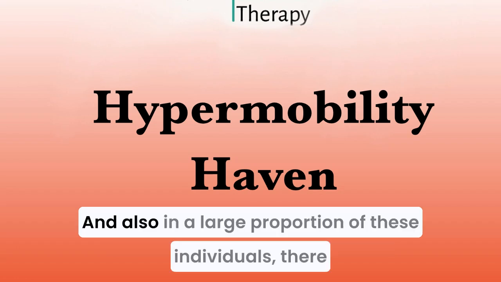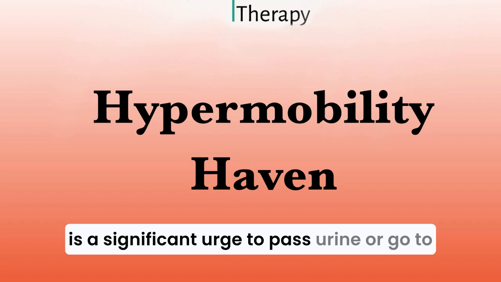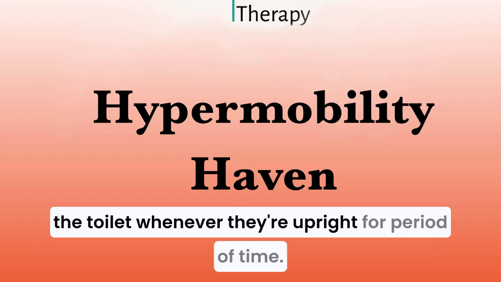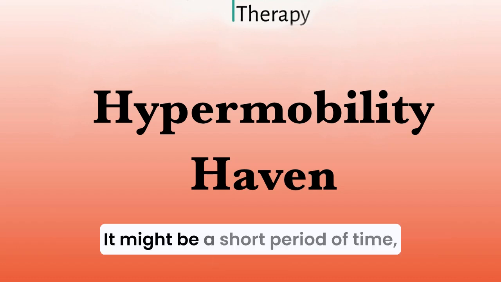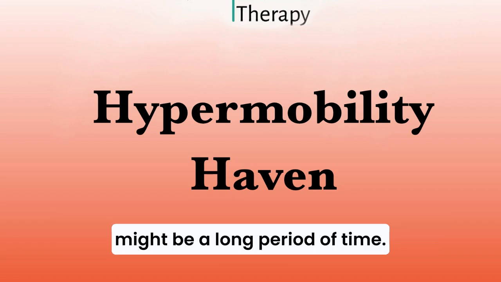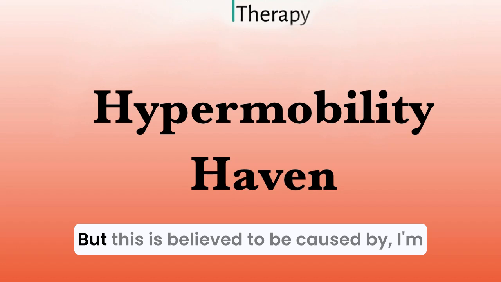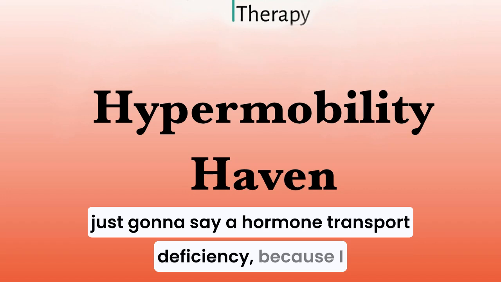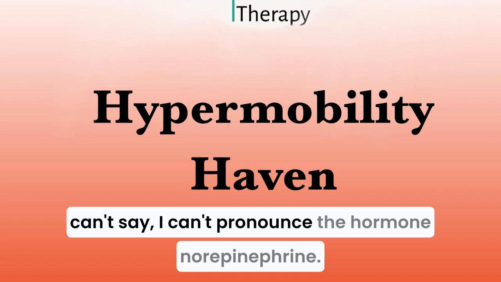Also in a large proportion of these individuals, there is a significant urge to pass urine or go to the toilet whenever they're upright for a period of time. It might be a short period of time, it might be a long period of time, it depends on the individual. But this is believed to be caused by, I'm just going to say, a hormone transporter deficiency, because I can't pronounce the hormone,